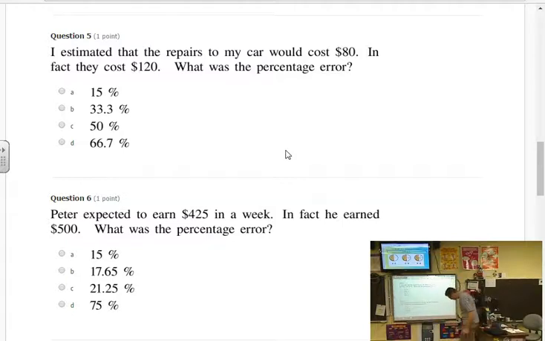But how do we calculate percent error? Not what is the percent error here, not what numbers do I divide here. How, in any situation, do I calculate percent error? And Ellie, since you weren't here, let's go with you. You take the estimated value and you subtract the actual value, but you make it absolute value. I love all the values. And then you divide by the actual value. Yeah, so